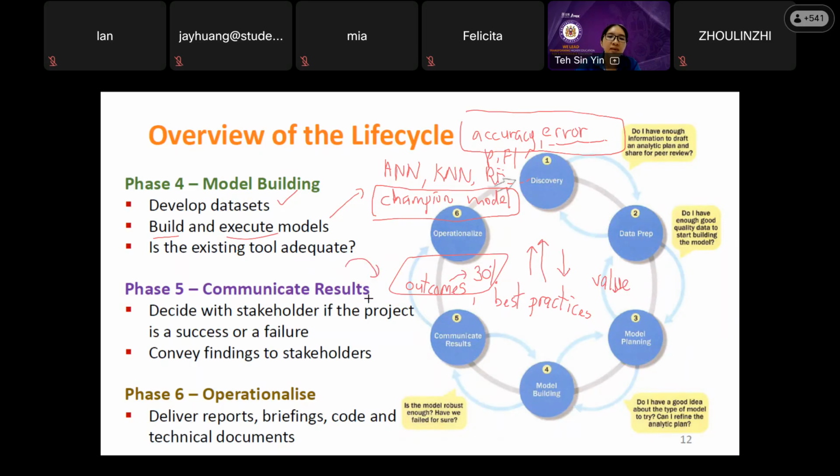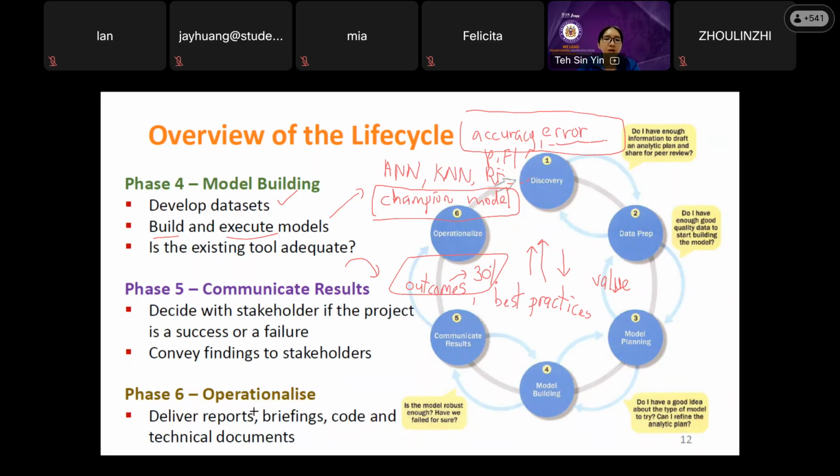The salary will be lower, but will this fresh graduate bring value to your company? You need to communicate all these outcomes, best practices, business value, implications, and the communication channel, how you communicate this finding with your boss and your stakeholders.